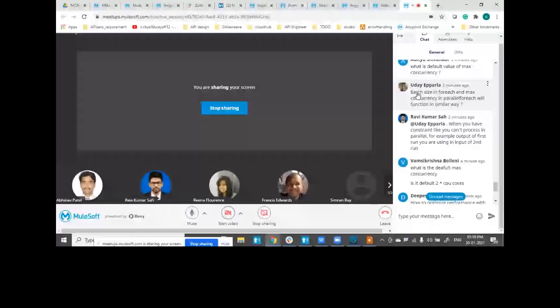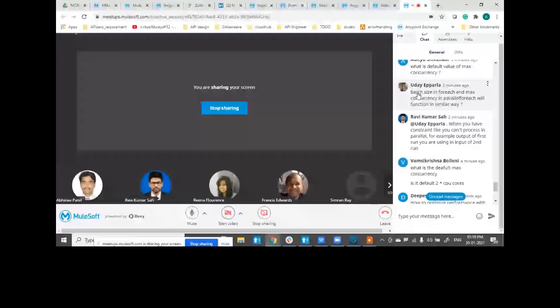So when we change the batch size to 2, we were loading an array of 2 records on a thread. So that's a different characteristic. Here, when we are saying max concurrency, we are defining the number of threads that will be available for execution.